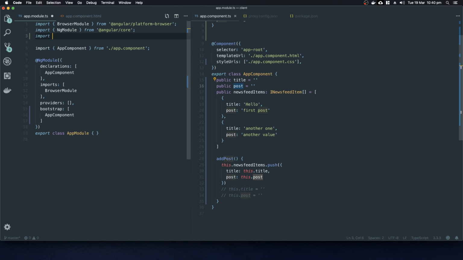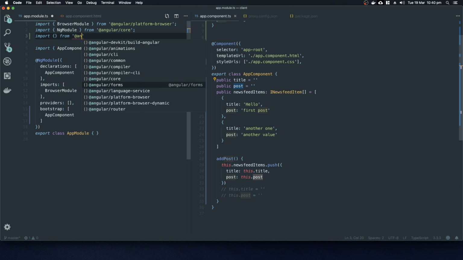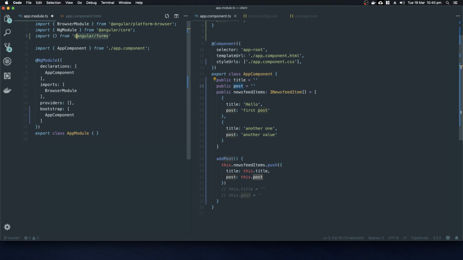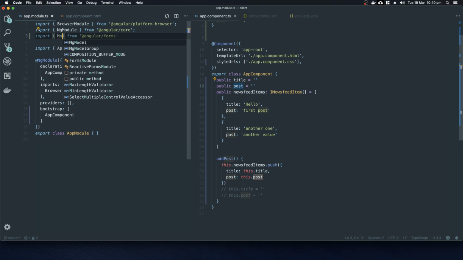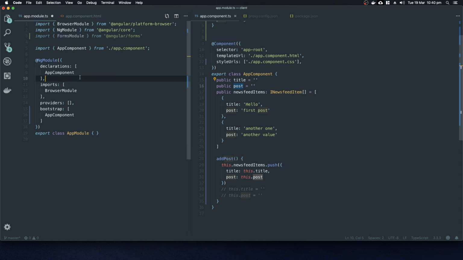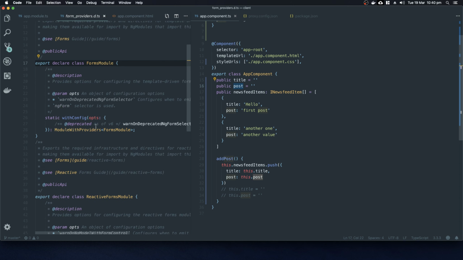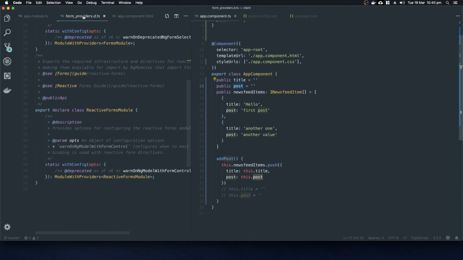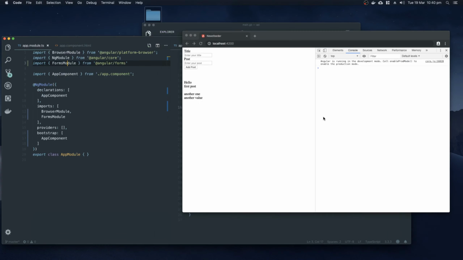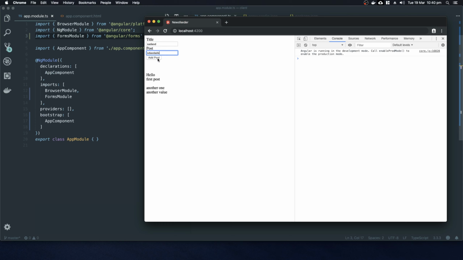You can get that from importing a module from @angular/forms. Now there's a package in this forms module called the forms module. If we take that and import it, what we're doing is importing all of the dependencies that this module has. Probably won't be able to see anything here, but whatever the case, when we go ahead and add values now, it'll add an item, and we can continue to